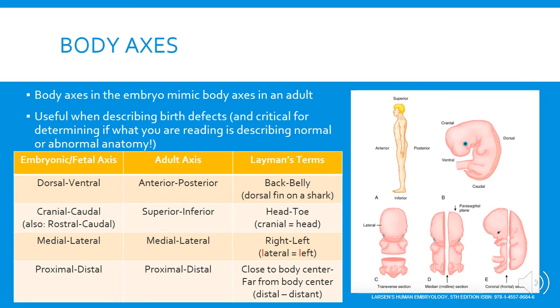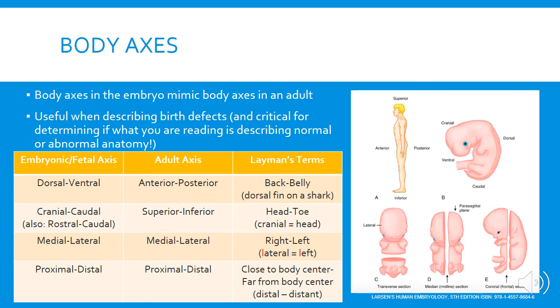So our next topic is body axes, okay? This is a way to describe the orientation of the body, or the orientation of a birth defect or body system to the body. Now, the axes in the embryo or the fetus do mimic those in the adult, although the terminology is occasionally different. Knowing the body axes can be really useful when you're describing birth defects, and sometimes critical if you're